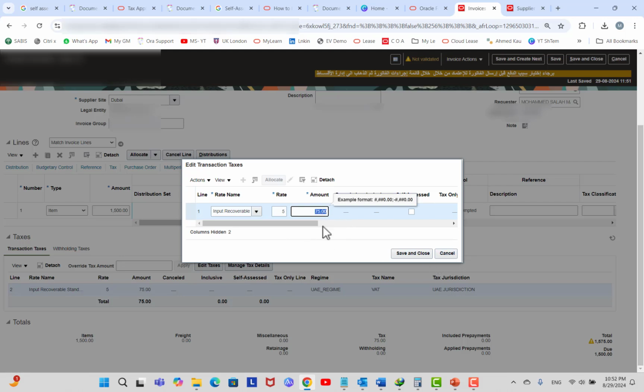Here, the impact of these profile options is to enable the users to make any adjustment for the amount or the rate, and also the rate name, after the system calculated tax. I think the impact is not reflected because I have to log out and log in and so on. So these profile options give the users the ability to make any amendment of the tax after the system